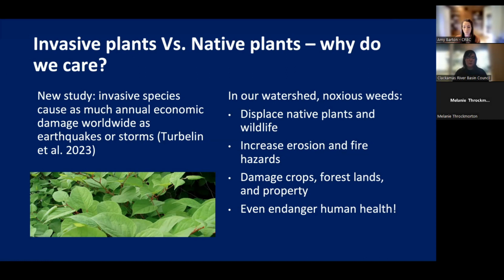So this produces an overall less functional ecosystem, which does have economic impacts. Plants that haven't adapted here do not have the same environmental capabilities as those that have. So for example, our native shrubs have extensive root systems that help prevent erosion and help to stabilize our soil. And our native willows are considered fire resistant due to their high moisture content, whereas invasive species can negatively